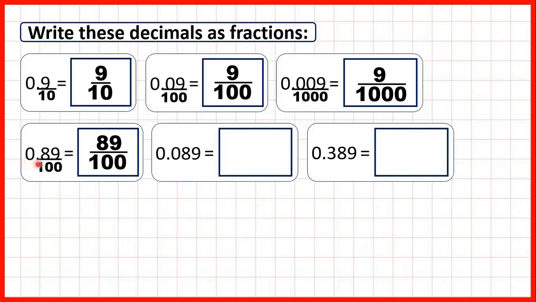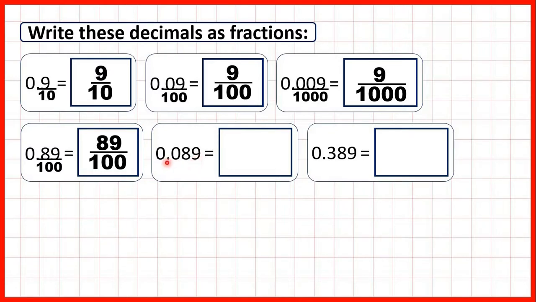Notice the answer is not 9 hundredths. That would be 0.09, but we have 0.89, and 8 tenths is equivalent to 80 hundredths. So that gives us 89 hundredths, taking both digits together. Now 0.089. So we have 3 digits after the decimal point, and after the decimal point, the third digit is the